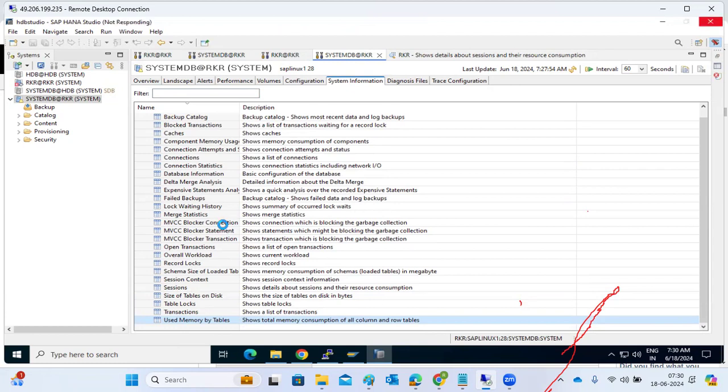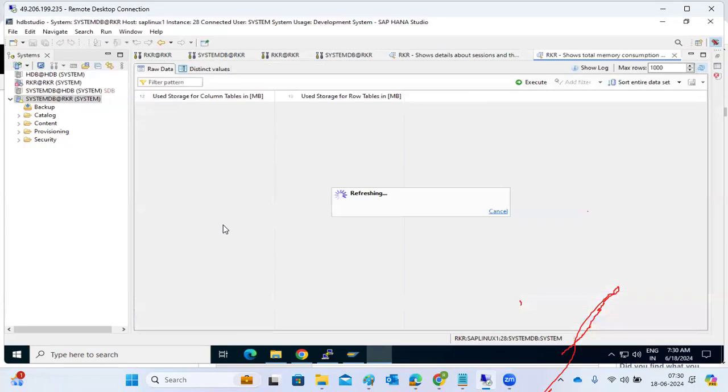In this case, we can just right click on the used memory by tables. Then you will get the list of sizes, how much memory is used and everything here. Then we can provide this report to your management. So just providing some reports here, instead of going to each and every tab, writing the queries and finding out,